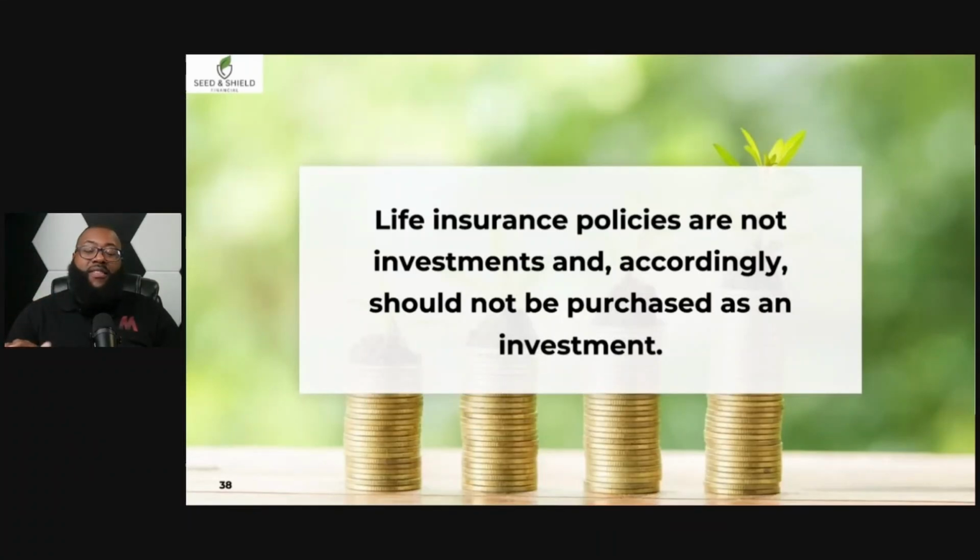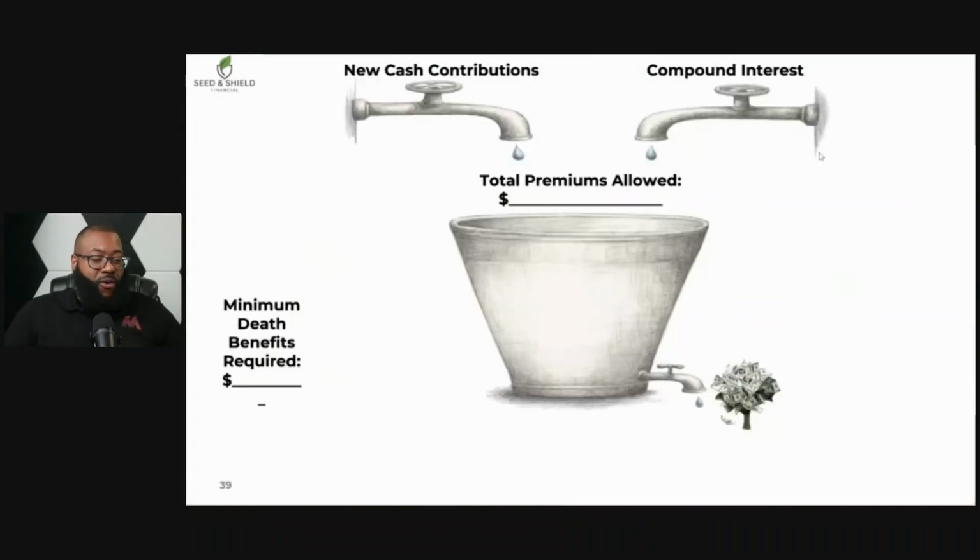We don't do investments. We provide clarity and set up max funded IULs to make sure you don't have to worry about investments going haywire. You can use a portion of your money for that, but IUL is all about making sure you have guaranteed consistent income when you need it, how you want it, and you can pass it on to your beneficiaries when you're gone, and they don't have to worry about taxes as well.